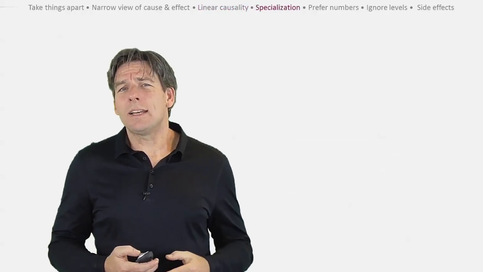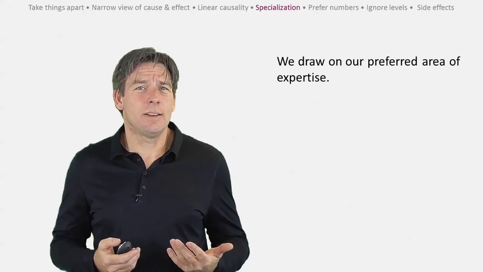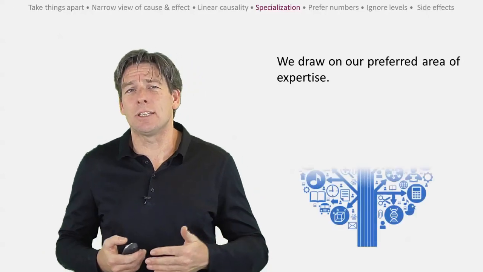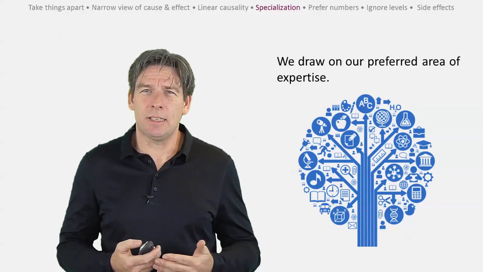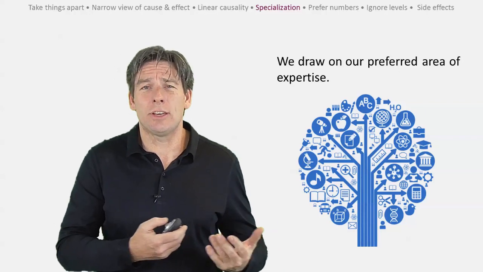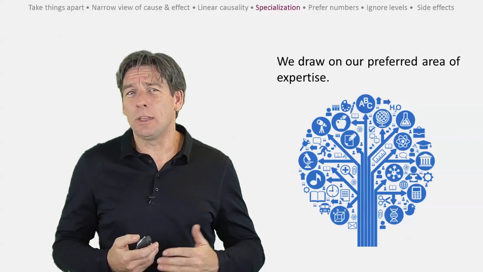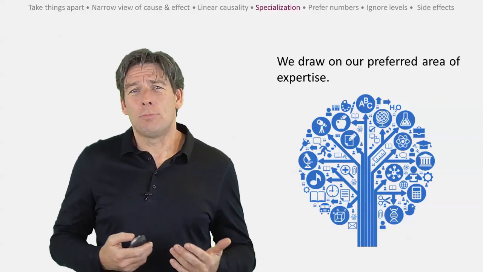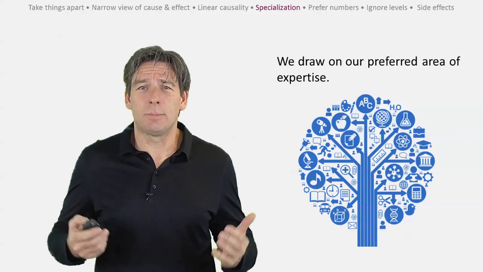4. When we study a problem or a situation, we tend to draw on our preferred area of expertise. In fact, our education has often encouraged this. Many school programs are divided into different subject matters, tracks, majors, and specializations that favour the development and mastery of disciplinary expertise. Over time, we figure out the areas that we're best at, and then we concentrate on these. We end up seeing the world divided into fields, some of which we like and others which we avoid. The problem is that variables and relationships in complex situations may concern multiple disciplines.